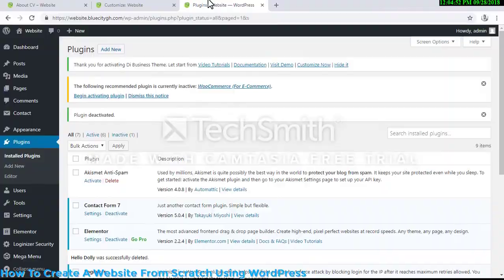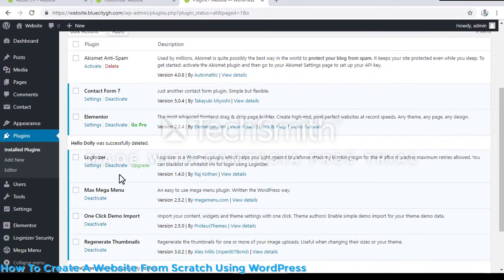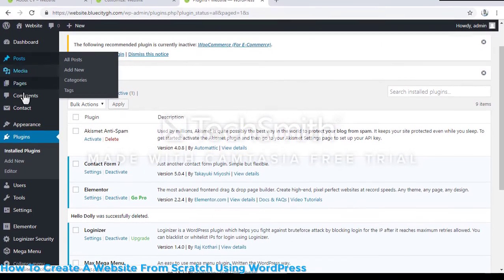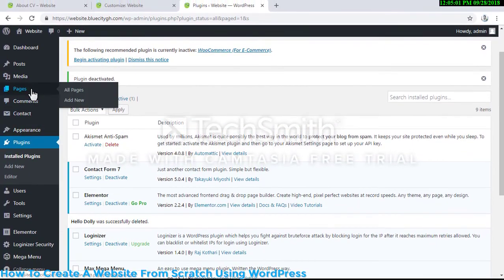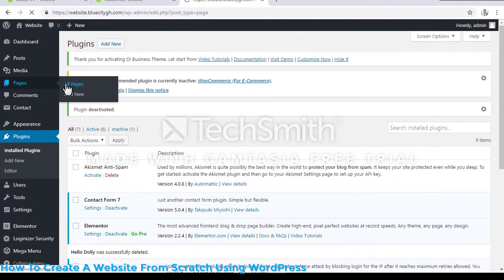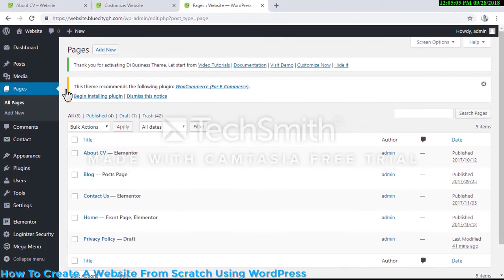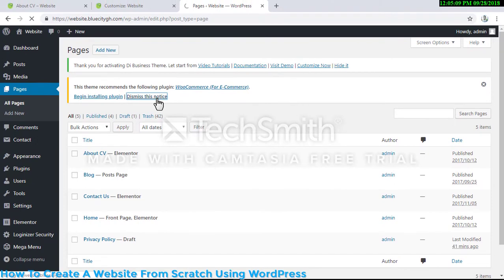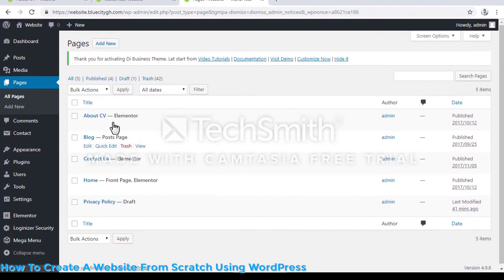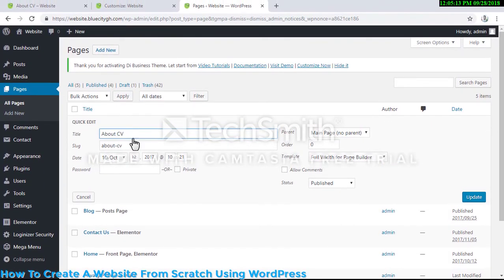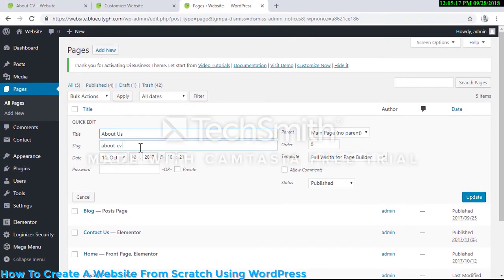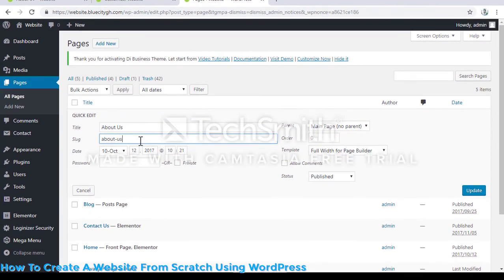So now let's do some customizations to our pages. Let's go back to pages, or okay, dismiss this notice. Okay, let's do some quick edit here. About us,